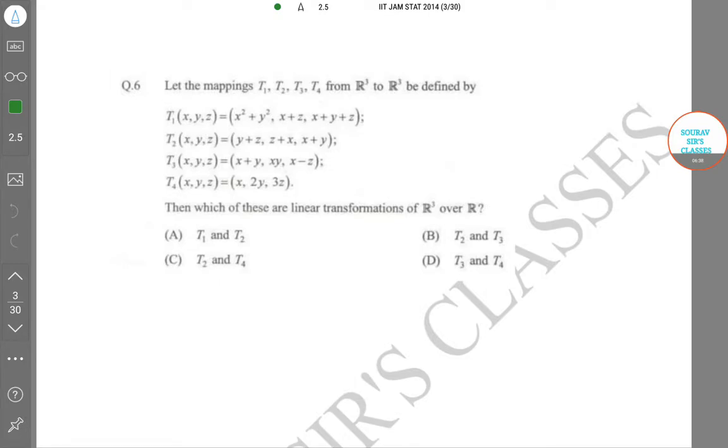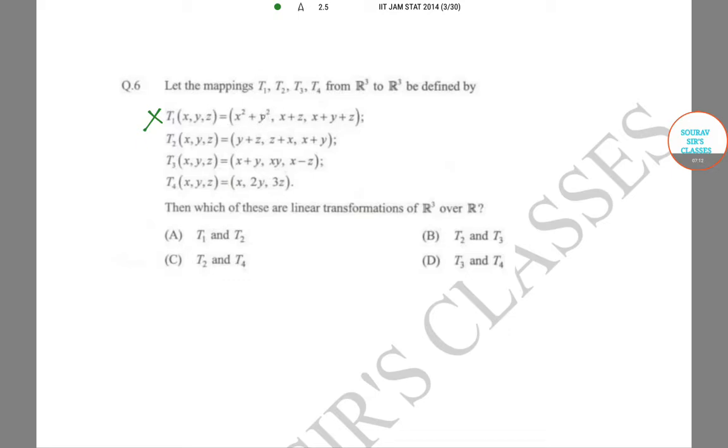The next problem says, let the mappings T1, T2, T3, T4 from R3 to R3 be defined as follows. I'm just not reading them out, these are a bit complicated expressions. The question is, which of these are linear transformations of R3 over R? Now, which of these are linear transformations? The first thing to check is that T1 is not a linear transformation because we have a quadratic term x squared